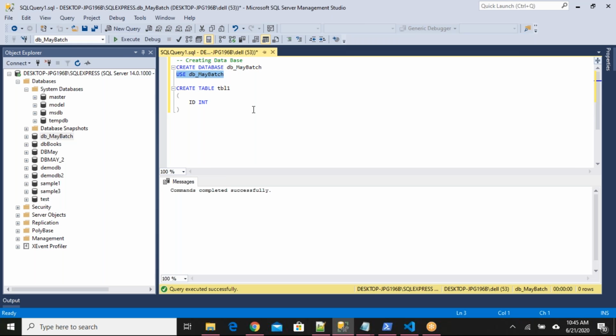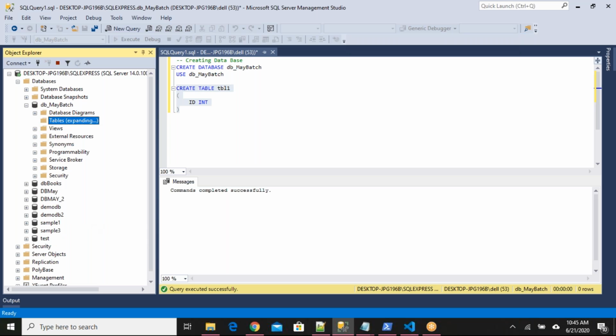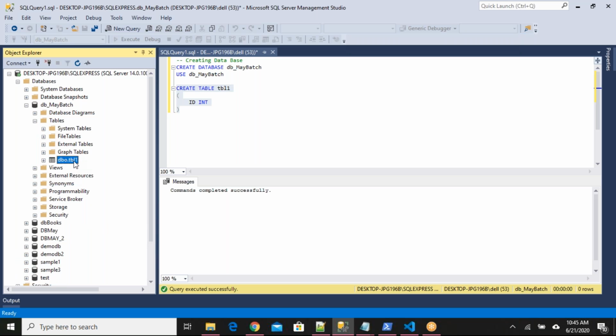If I run this, the context is automatically changed here. Now if I create one dummy table, go to db_may_batch and refresh the tables here. See here, dbo.tbl1, one table is created here.